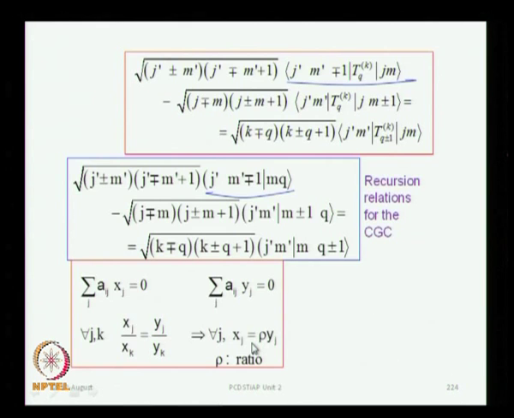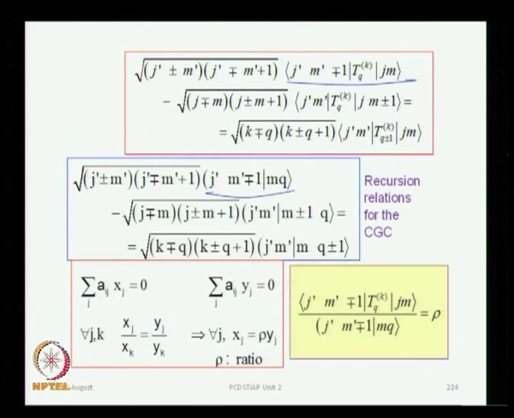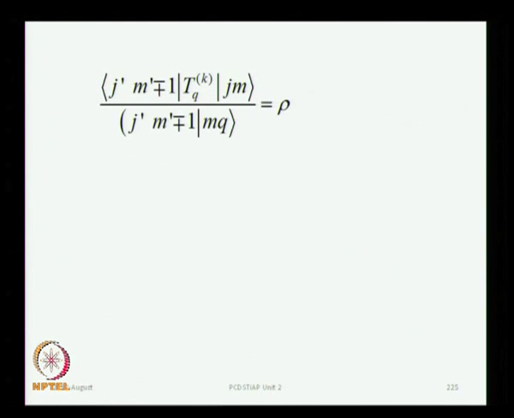So, there is no very involved mathematics which we have to invoke in getting this relation, and what it tells us is that if you take the ratio of the matrix element of the irreducible tensor operator to this corresponding term over here, which is nothing but a Clebsch-Gordon coefficient, okay, and all of you are now experts on Clebsch-Gordon coefficients, this ratio is what I have called rho, and this remains the same no matter what the index is. So, this is our relation,